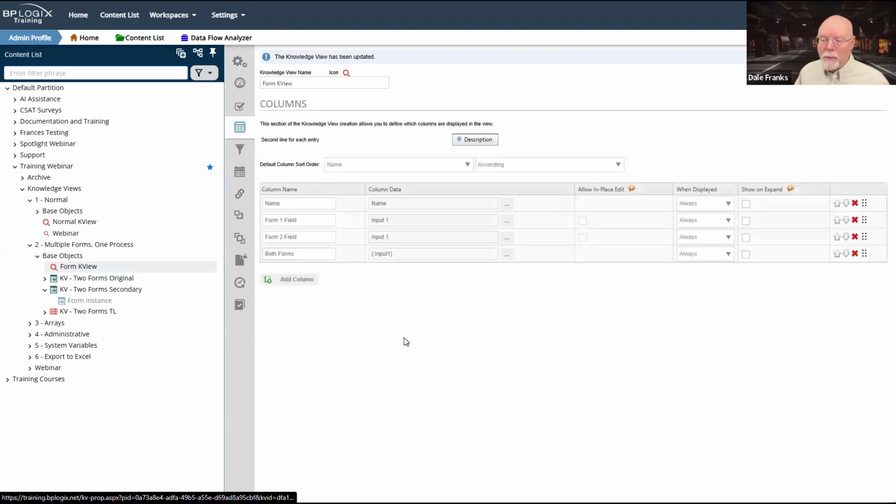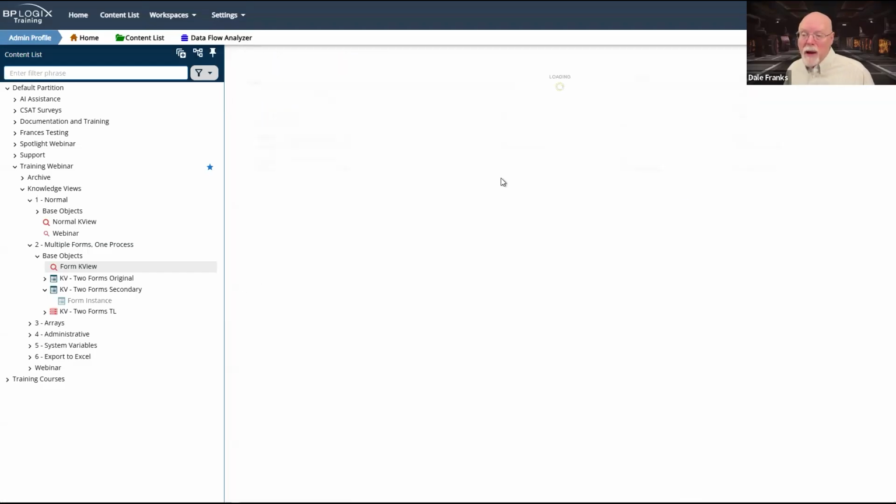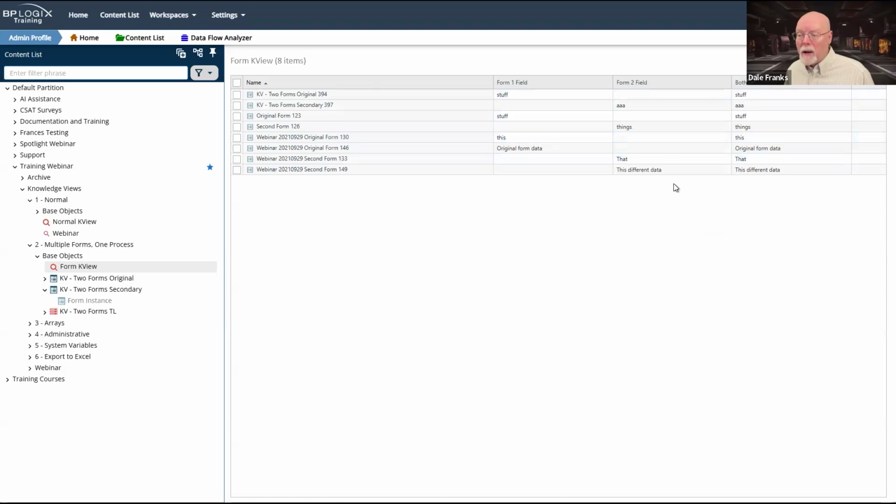And the other thing to remember is if I am going to have multiple forms, the only way to really concatenate them into a single column is if they do in fact have the same form field name across all of the forms. If they do, then I can concatenate them across columns. If they don't, then there's really nothing much I can do other than have separate columns for each form. And that's just something that you have to live with as a limitation of knowledge views whenever I'm returning multiple forms like that.